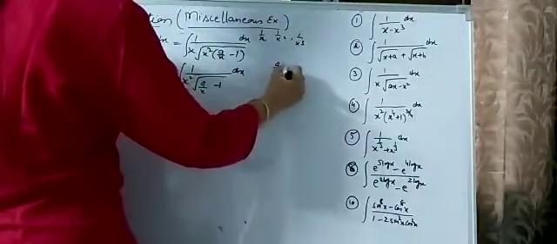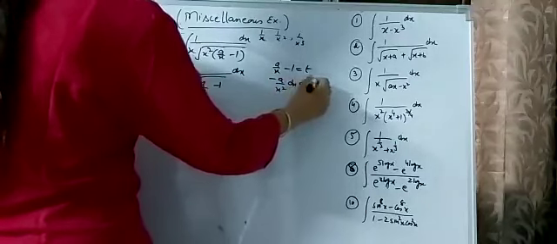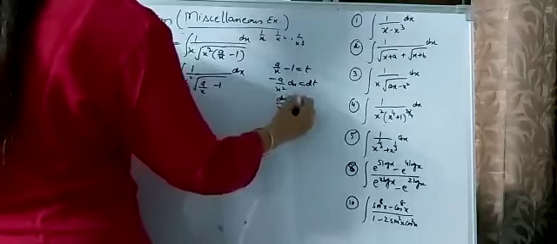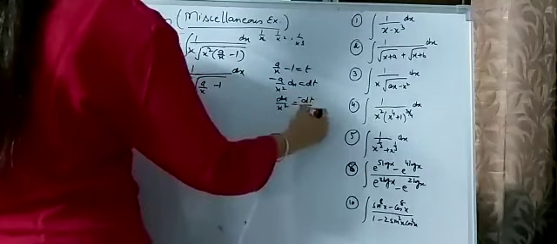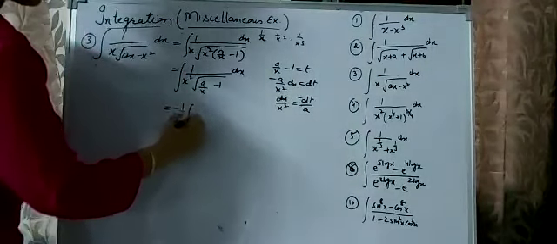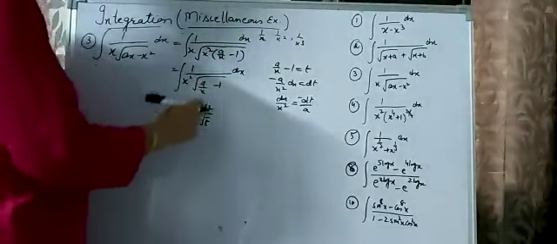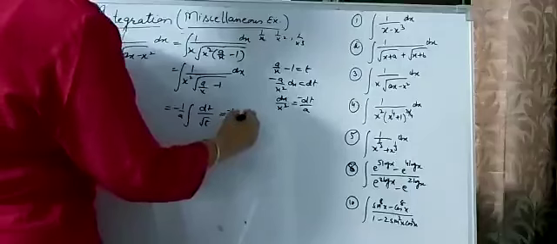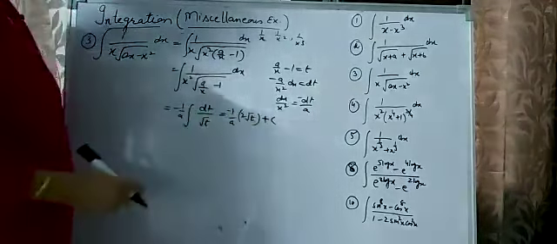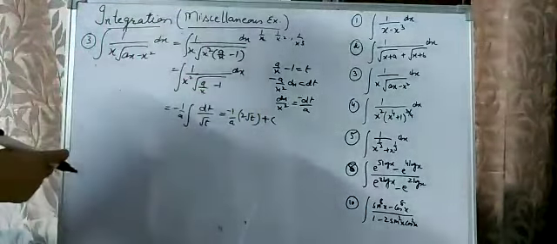So here we put a upon x minus 1 is equal to t. What is its derivative? It is this. So in this question, 1 upon x square is available to us. So we take this, and the rest of this we shift to this side. So you will get minus dt upon a. So this question is changed into minus 1 upon a dt upon root t. Because this complete function is t, what is its integration? I told you, you can do its direct integration of 1 upon root t as 2 root t. Now we put back the value of t, that is a upon x minus 1 is equal to t.